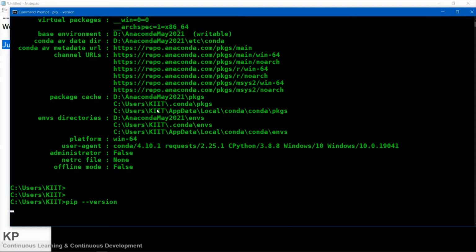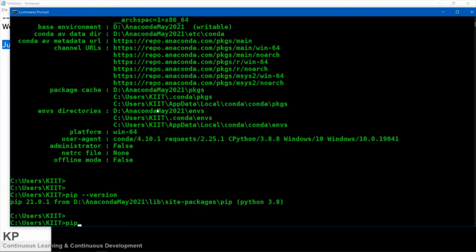What is pip? Pip is like a package manager, you can say. If you know Red Hat, Fedora, CentOS, there the package manager is yum or DNF. Similarly, in Ubuntu the package manager is Debian. So one is RPM, one is Debian. Similarly, in Python, if you want to install some package, library, or modules, we normally use pip. How to install? Suppose I want to install Flask. I will do pip install Flask.